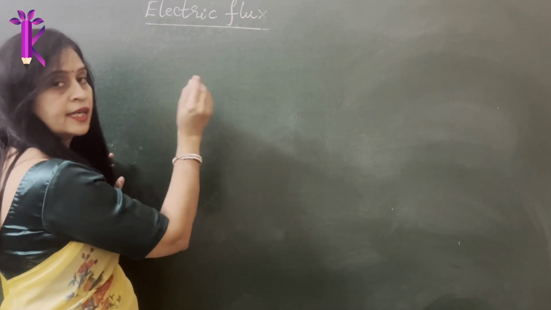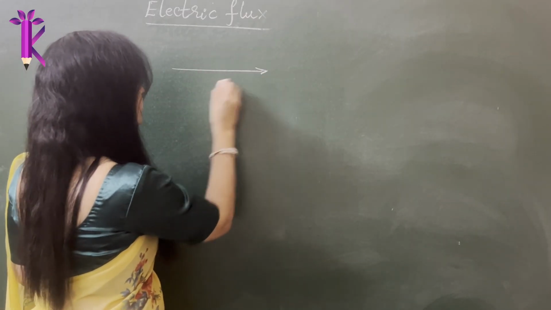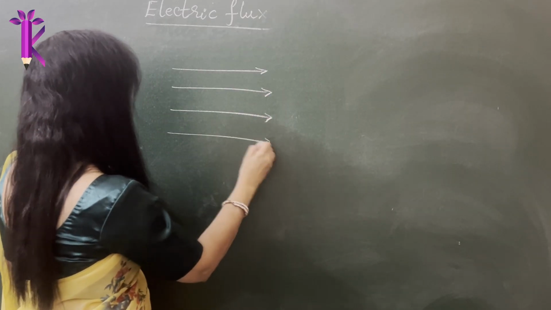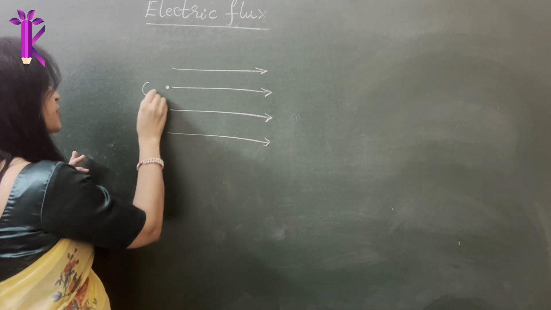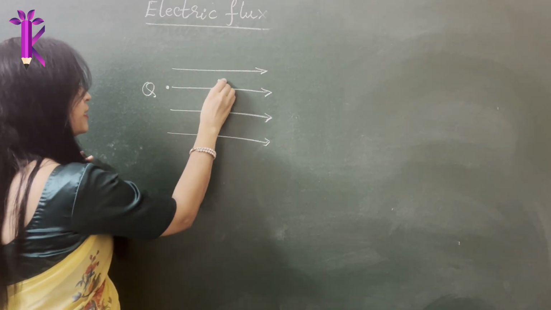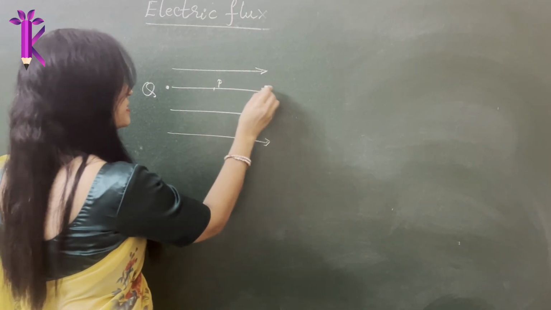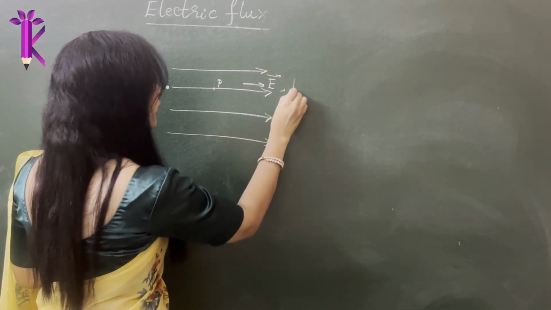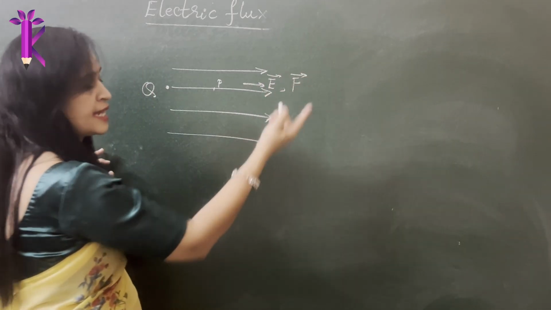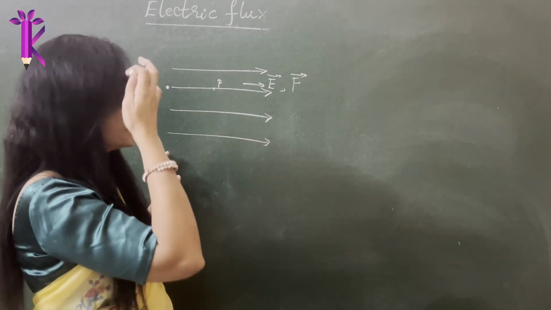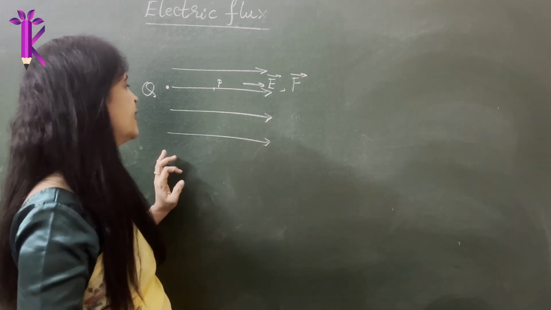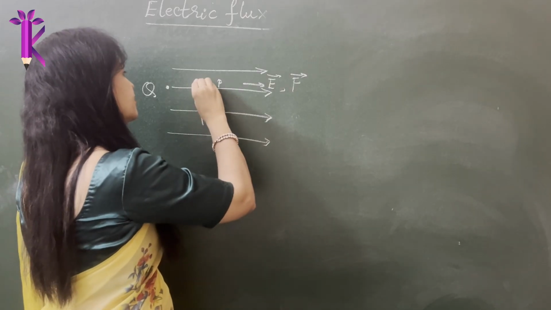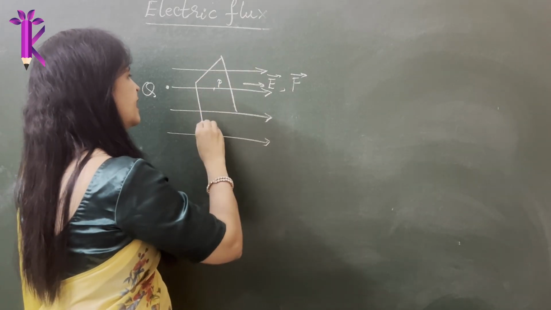Okay, now let us imagine these are the electric field lines. This is the direction of the field lines. That means if you have a source charge here and you keep a point charge somewhere here, it will experience a force in this direction. So this is the direction of the force and hence the electric field, right? Both face in the same direction, because the direction of force is the direction of the electric field, which we have already learned. Now suppose you place a small surface like this, tilted at an angle.